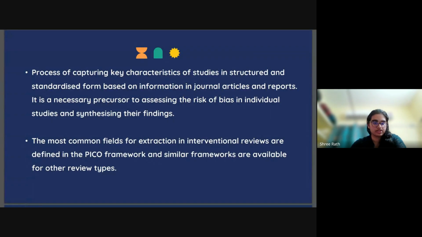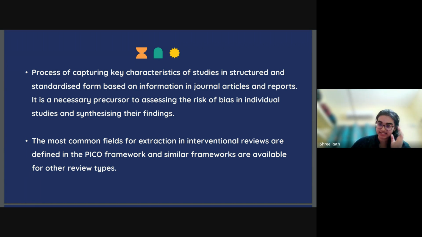So how would you do your extraction? Extraction is again in the same PICO format. Ideally, once you get your full text articles, you want to first create a pilot data extraction sheet. A pilot data extraction sheet will help you identify the common outcomes across different papers. You would create an Excel sheet